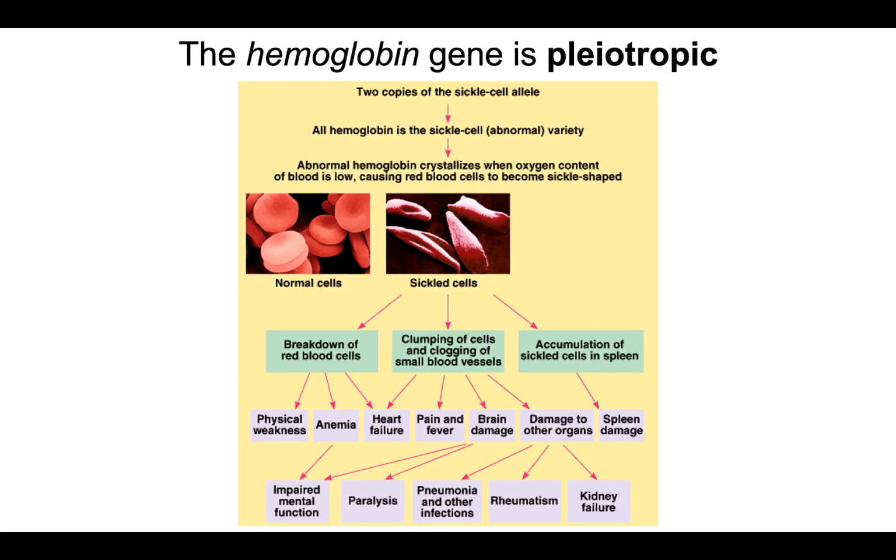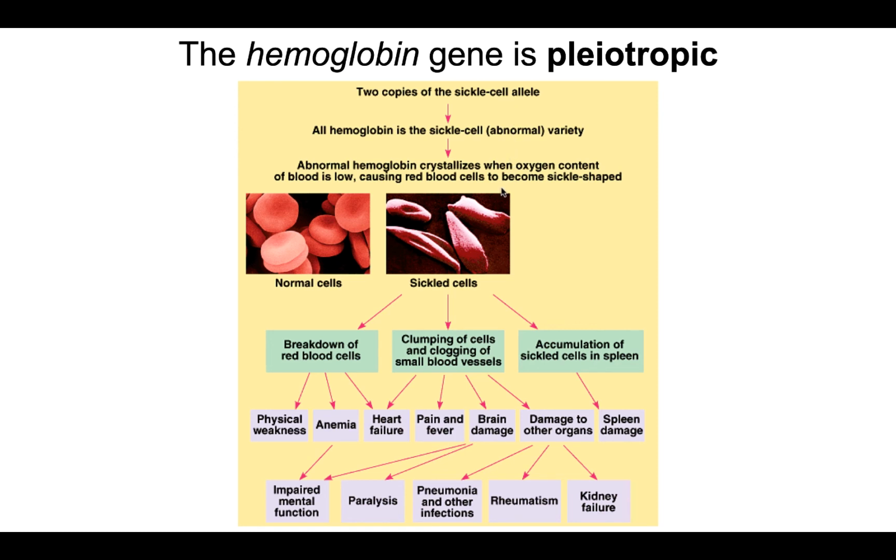So if we take a look at the hemoglobin gene, the hemoglobin gene controls really all of these things, because what happens here is if you have the normal allele of the hemoglobin gene, the hemoglobin proteins will be normal, the red blood cells will have a normal shape, and you won't have any problems with all of this down here. However, if you inherit the sickle cell allele, if you're homozygous for the sickle cell allele, that's going